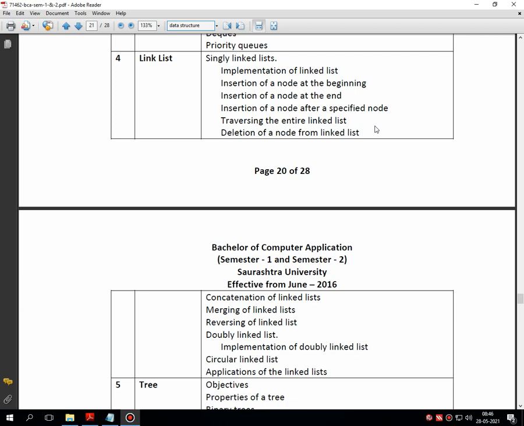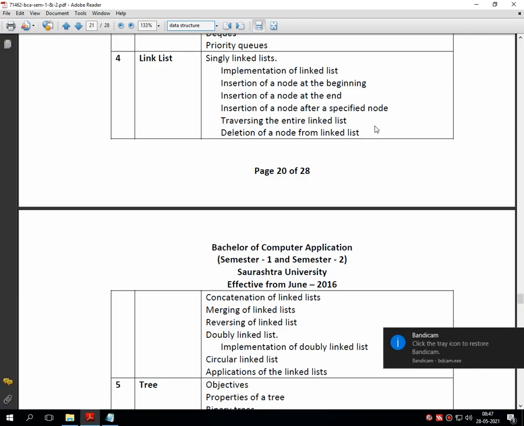Last time, we started with the first type of linked list, that is the single linked list, in which we cleared the theoretical session related to the single linked list. That is, what is a single linked list? First we defined the linked list, then we discussed the various operations of a linked list, like insertion at the first position, insertion at the last position, insertion at a specific position, and so on.